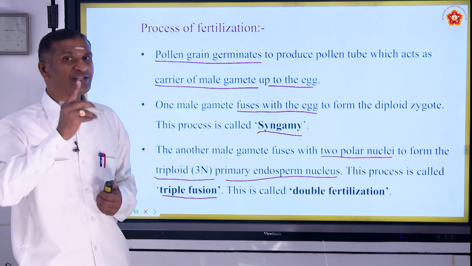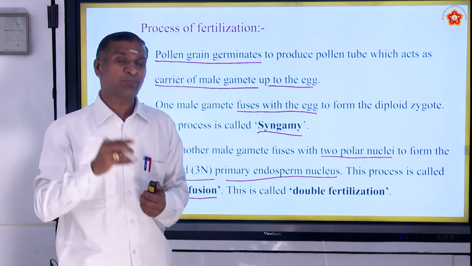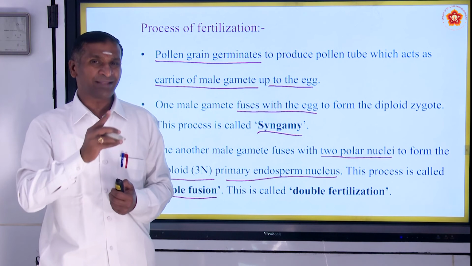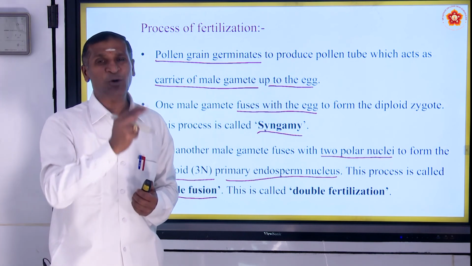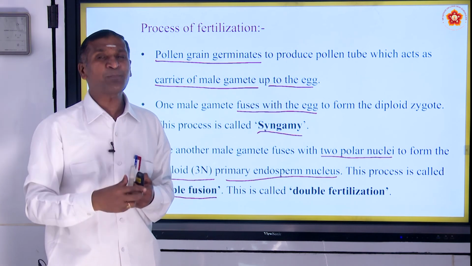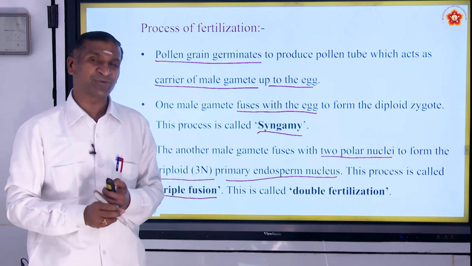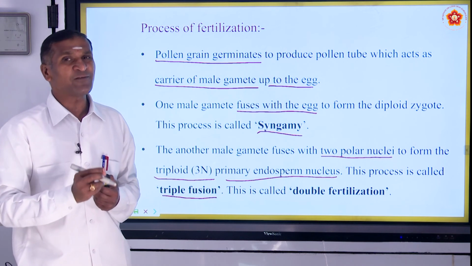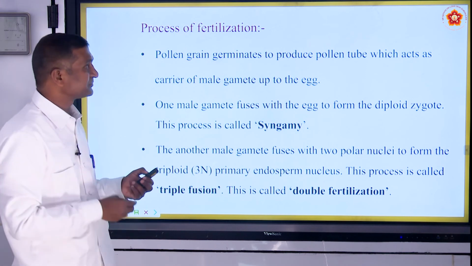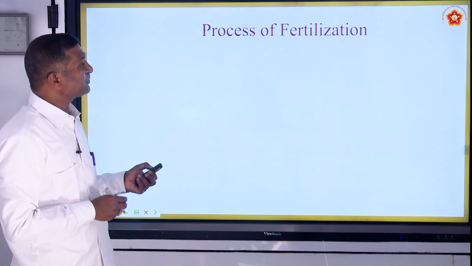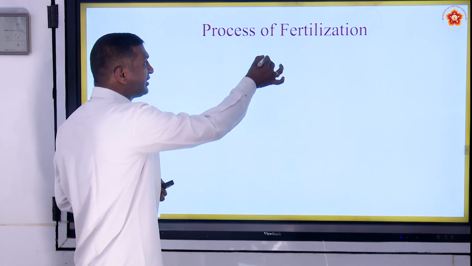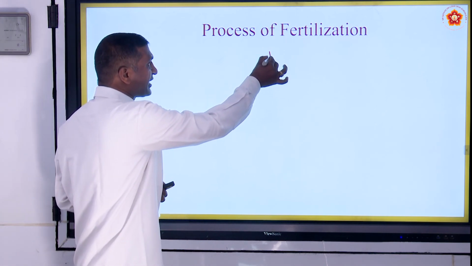One male gamete with one egg to form a diploid zygote, and that process is syngamy. Another male gamete with two polar nuclei fuses to form a triploid endosperm nucleus, and this is triple fusion or double fertilization. After this process of fertilization, as I have mentioned in the earlier class,